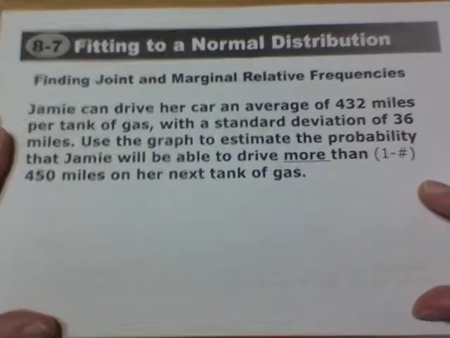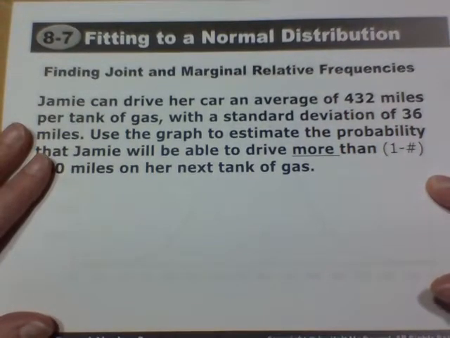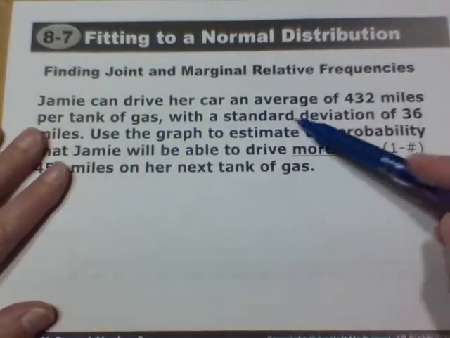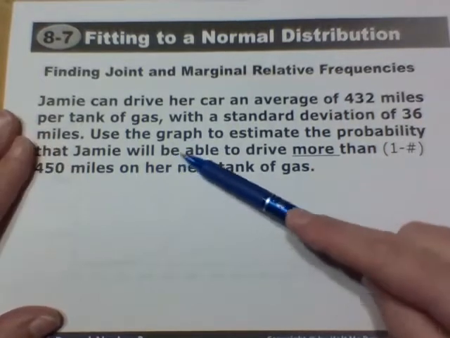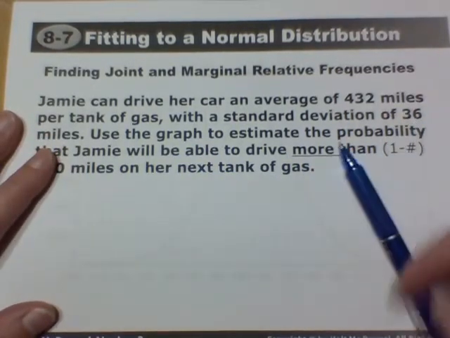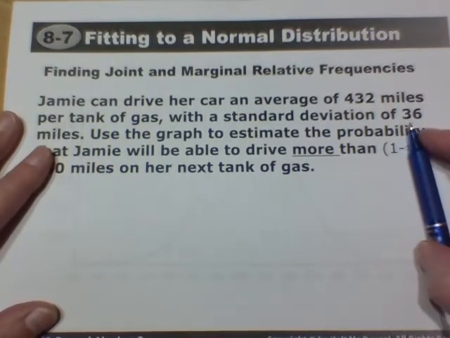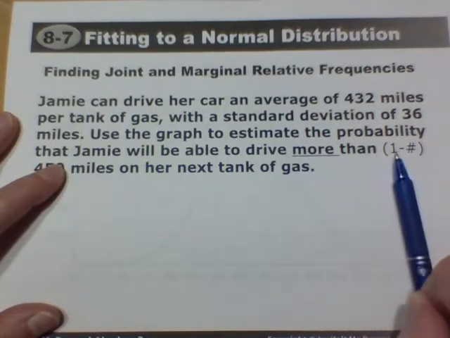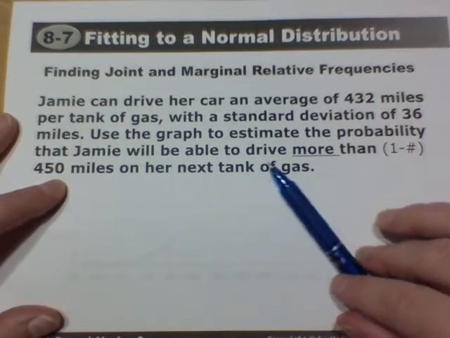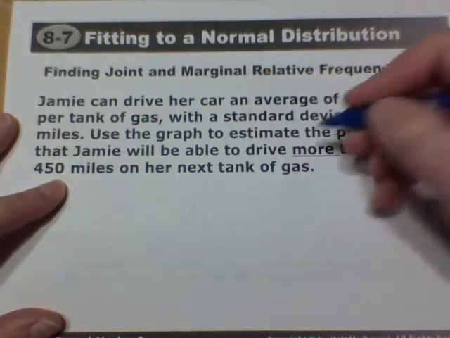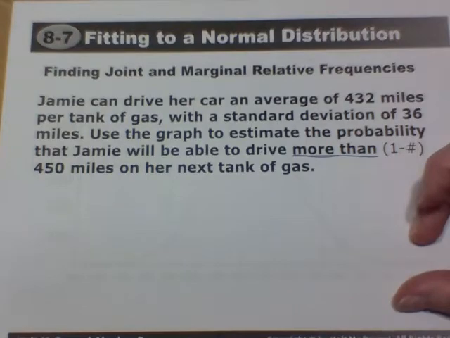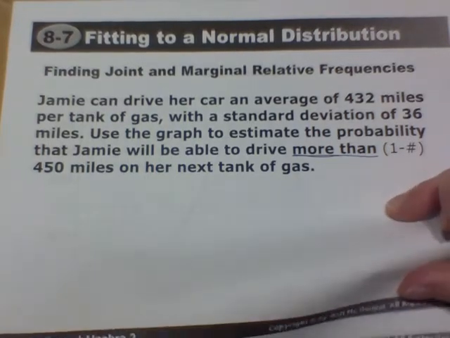All right, so we're going to see if we can apply this. We're going to find a joint and marginal relative frequency here. So Jamie can drive her car an average of 432 miles per tank of gas with a standard deviation of 36 miles. So it kind of depends on if she's running her heat or air conditioning or whatever. Use the graph to estimate the probability that Jamie will be able to drive more than 450 miles on her next tank of gas. Now remember that anytime that we say more than or less than, we are talking about 1 minus what's happening. So taking a look at this distribution, which is on the next page,